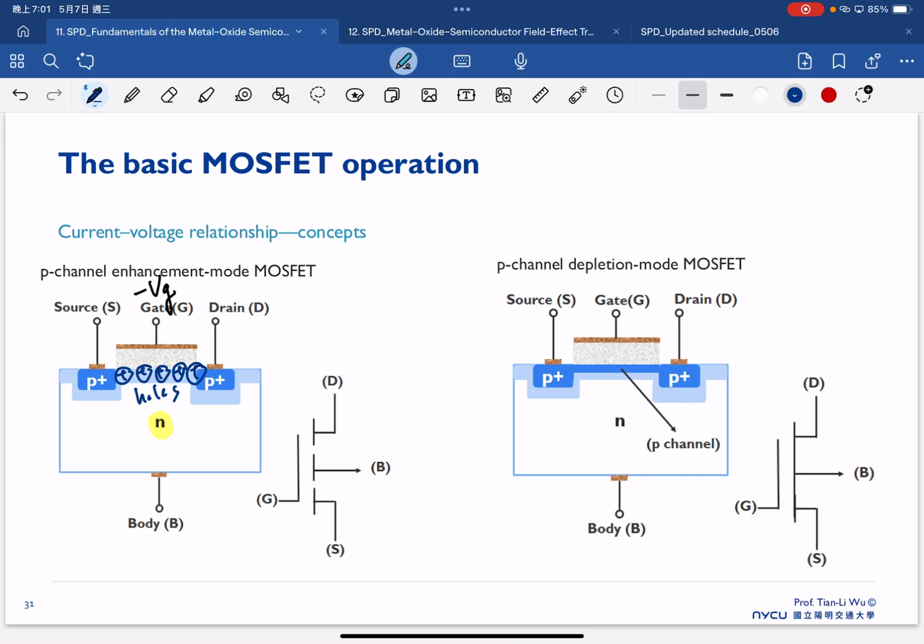So this is the case of the P-channel enhancement mode MOSFET. So in this case, if you look at the ID-VG,